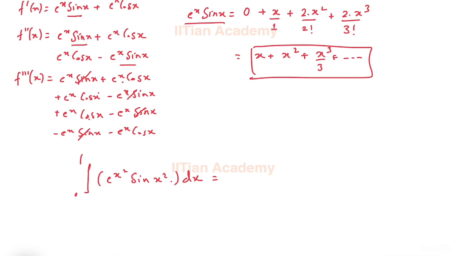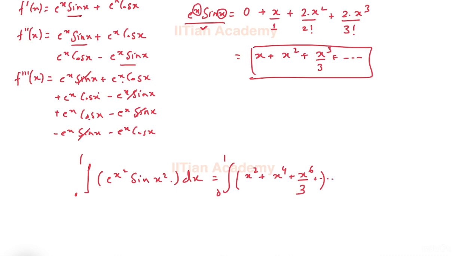In this part, we can see that in place of x, we have x square. So, utilizing the same series, in place of x, we will write x square. So what we get is x to the power 2, x to the power 4 and x to the power 6 by 3, and so on,